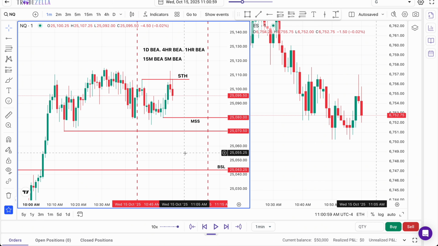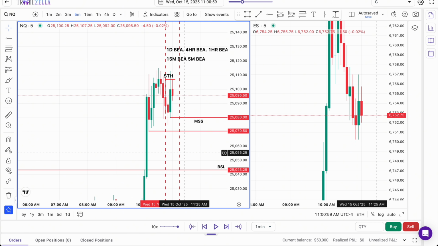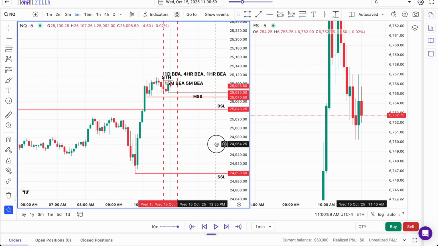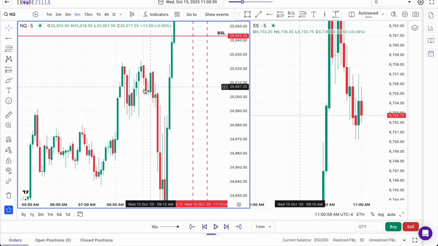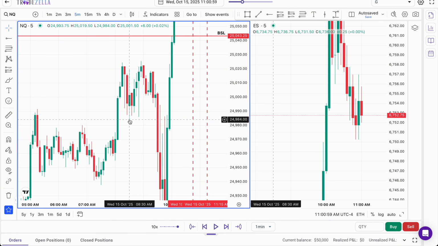Now you need to understand, if you go onto the 5-minute time frame, for example, and you monitor the 5-minute lows, if price was shifting lower here on the lower time frame, but then shifted enough to take out one of these lows here, this is not a shift in market structure, this is actually a sweep of sell side liquidity.